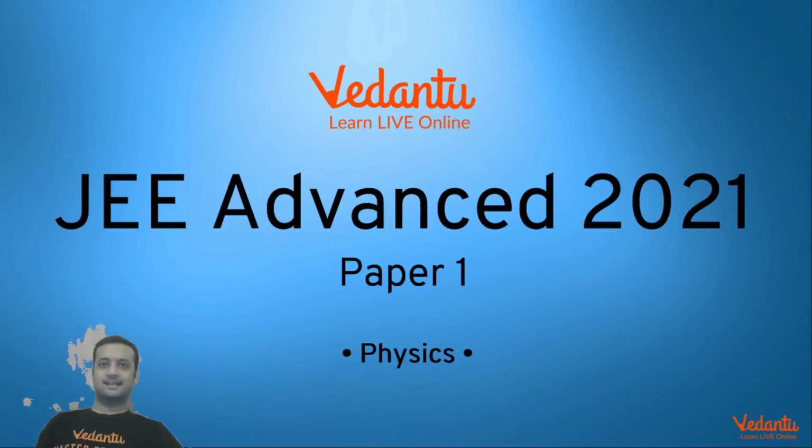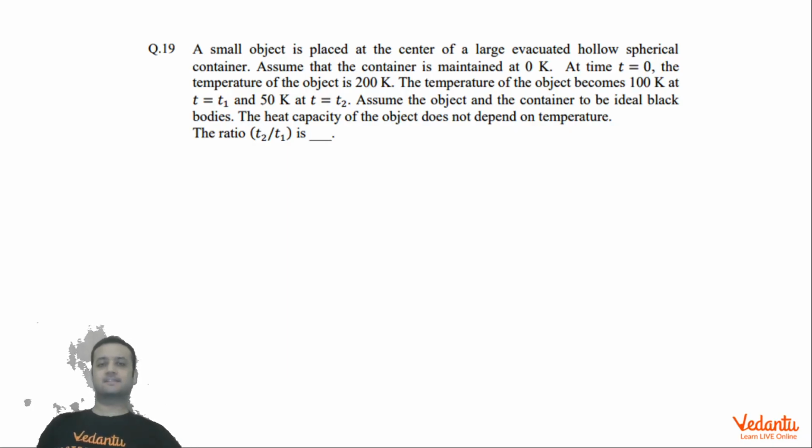Hi dear students, let's see this question that came in JEE Advanced, Paper 1, Physics in the year 2021. The question is based on the integer type. So if you get this right, you get +4, otherwise you get 0 marks. The question was simple, based on the topic of Stefan's law, and there was nothing difficult about this. So let's see what's happening over here.